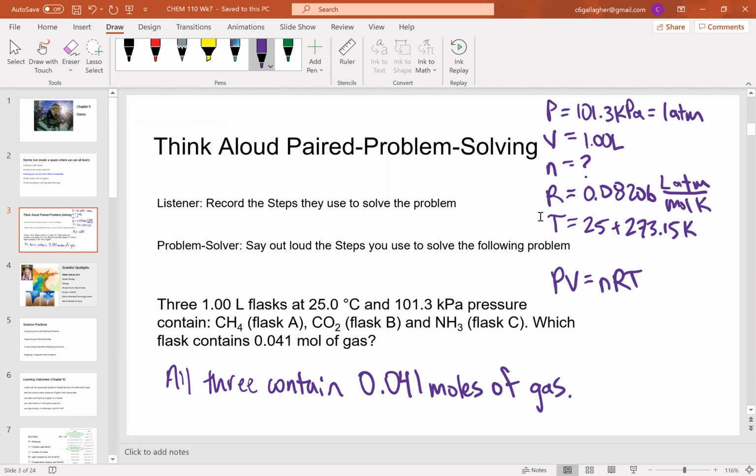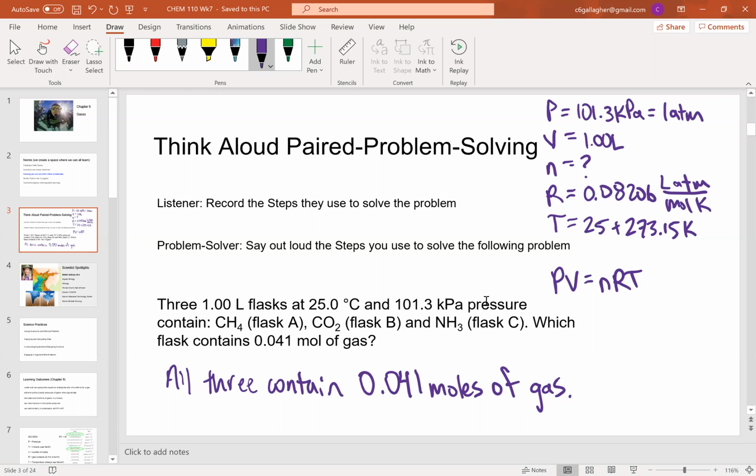So one of the best ways, I think, to figure out what you need to do in terms of a problem is to think about the information that you're given, maybe to organize that. One of the ways you can organize that is by listing the variables that you're given in the problem. So in this case, I'm given a volume. I know it's volume because of this unit liters. I'm given a temperature because of the unit degrees Celsius. And I'm given pressure. I know that because of the unit kPa and the fact that I'm told that it's